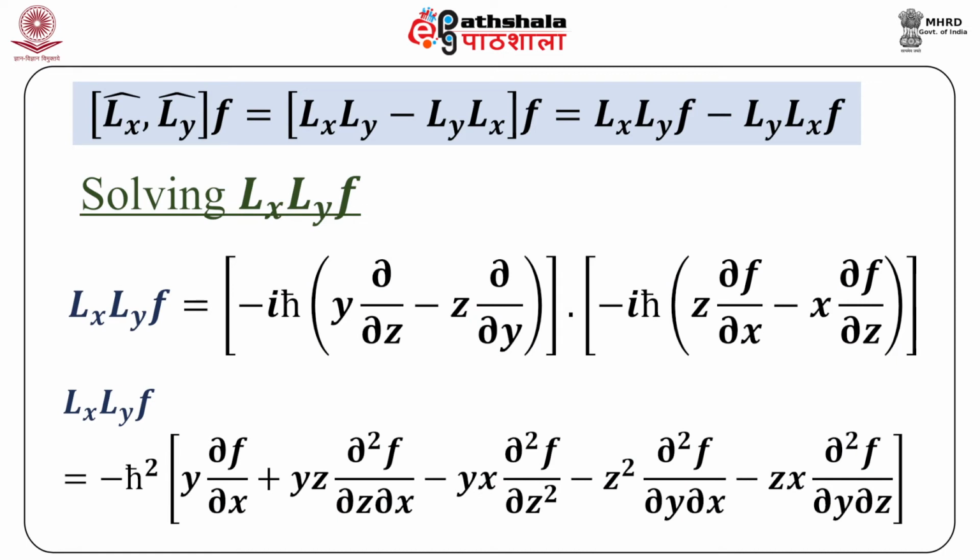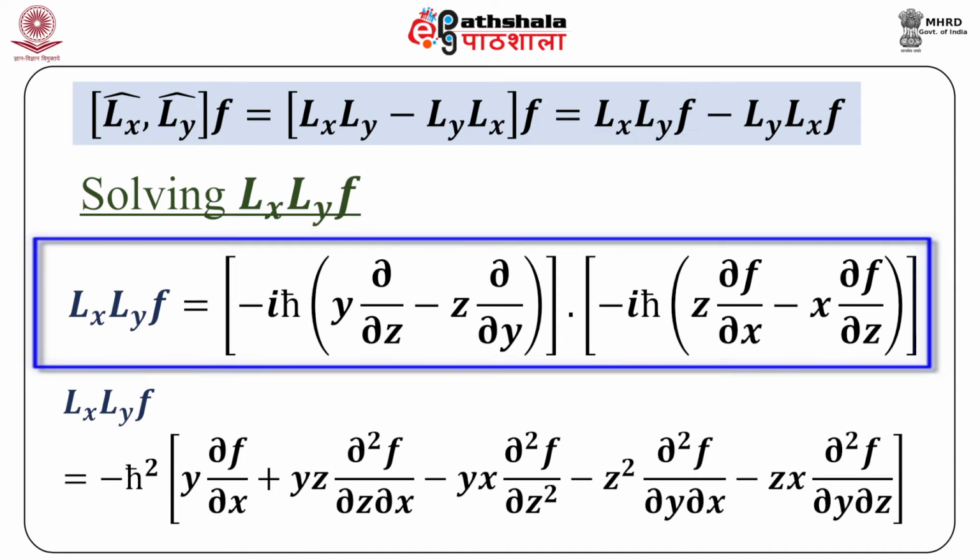Now we will first solve the left hand side term Lx Ly f. Substituting the values of Lx and Ly, we get minus iota h cross (y del by del z minus z del by del y) into minus iota h cross (z del f by del x minus x del